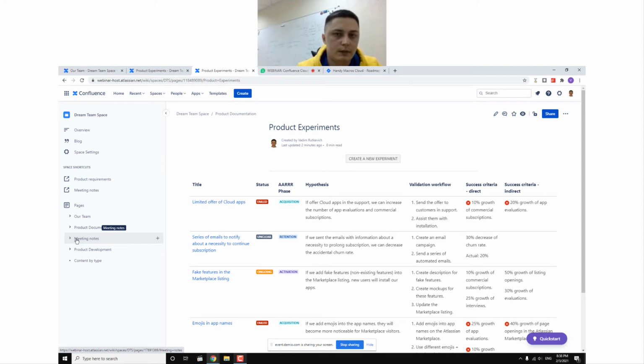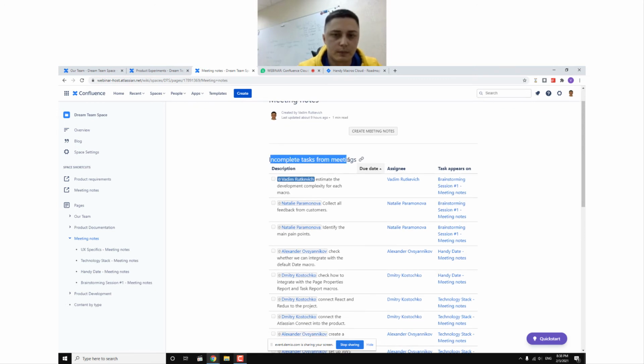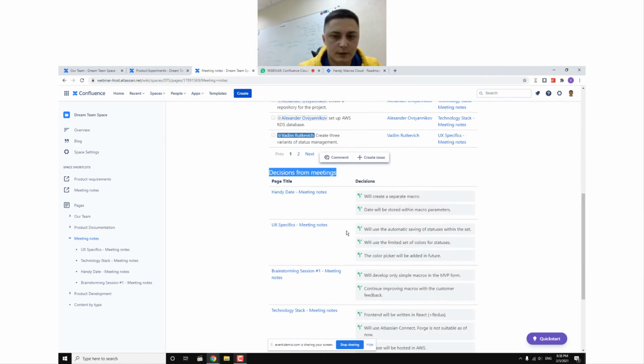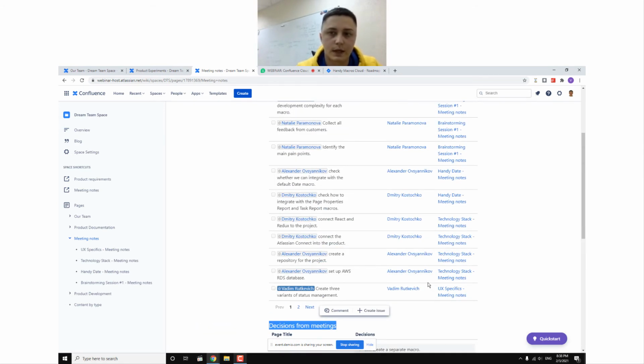Then, of course, every product team runs different meetings, and here I will not tell you that you should create your own template for keeping meeting notes. You can use the native document template which Atlassian provides. Again, here if we open our meeting notes, we can see the list of incomplete tasks. Here we can also see the list of decisions after our meetings, and here we have a list of all meeting notes. So let's see how this page is